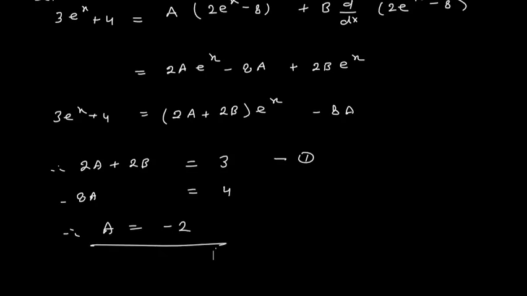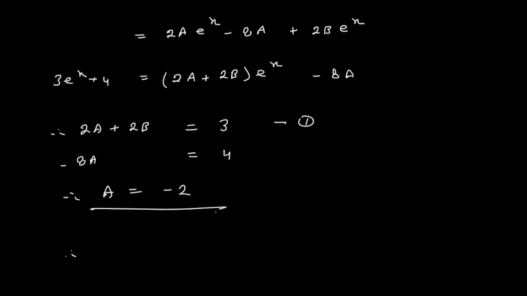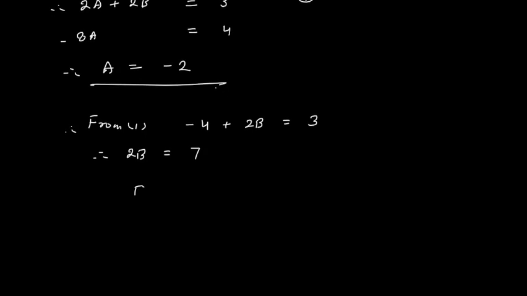So when a is equal to minus 2, we put it in equation 1. So it is minus 4 plus 2b is equal to 3. So therefore the value of 2b is 7 and the value of b is 7 by 2. So therefore your integration I is equal to a times integration of dx plus b times integration